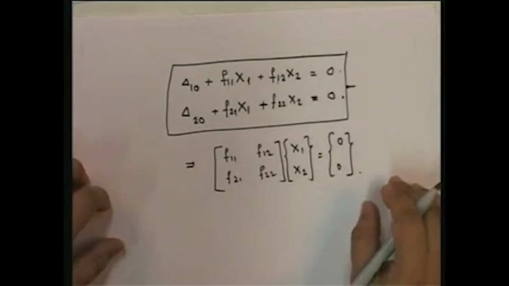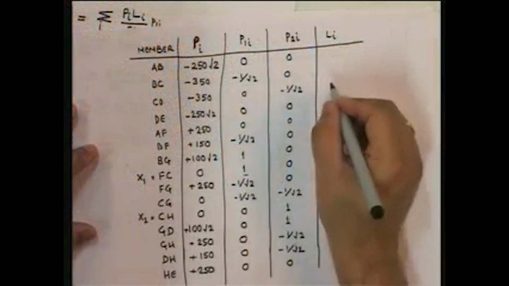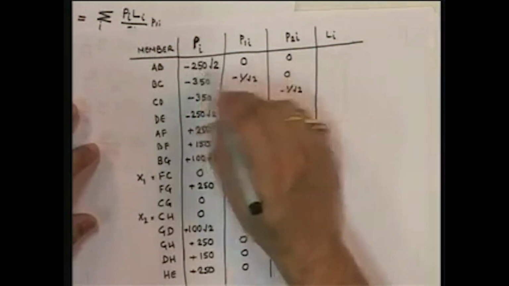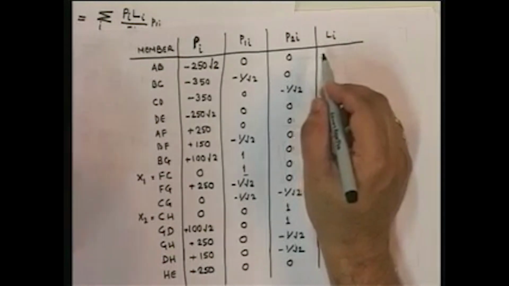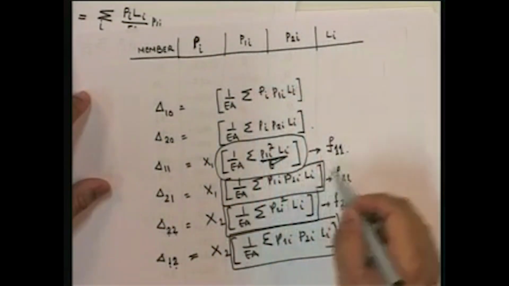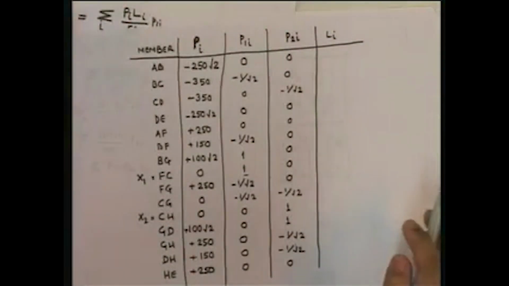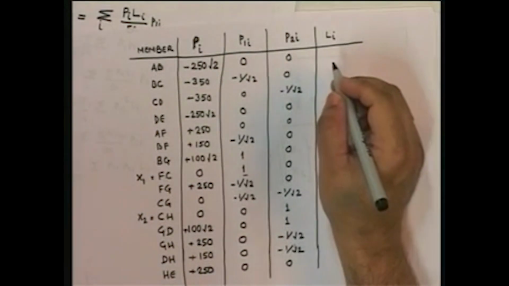Okay. Now for this particular structure, I shall write down the Li. The only thing that I need to do over here is write down what the Li are for each, and then all I need to do is just multiply all those values. Once I find out P1i, P2i, Li, I can find out all these coefficients, and I'm going to do those. But first I'll write down the Li, and if you look at the Li,